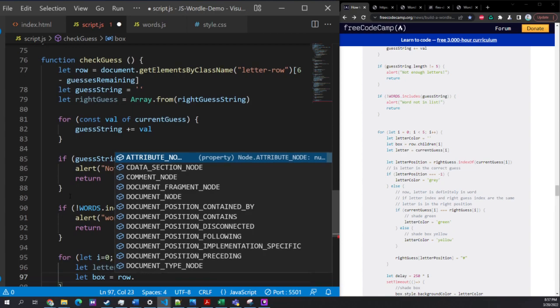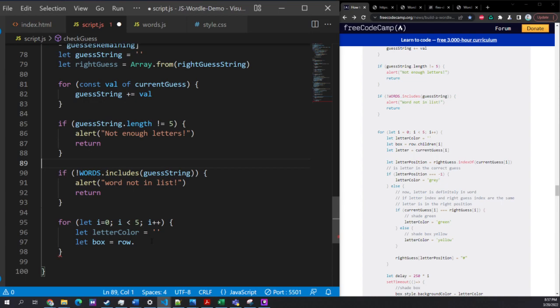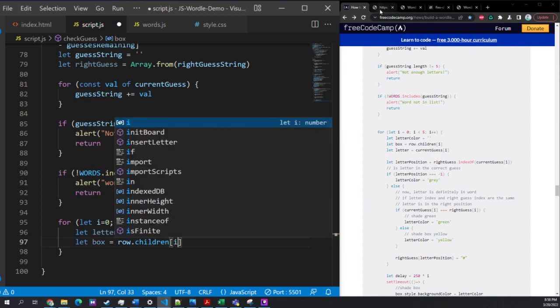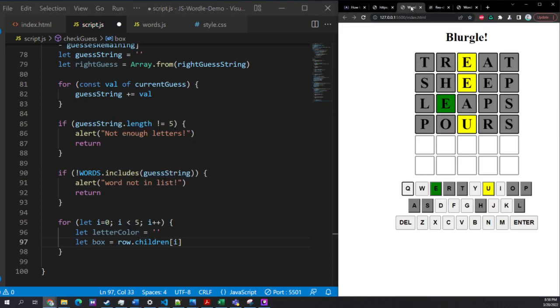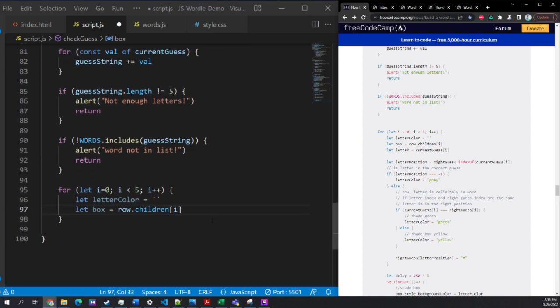So let's see, I think row, did we not say row? Or maybe, I guess row must be native. So, okay, row must be valid. Row children. So the child of our row is going to be one of the boxes. So in each of our rows, the children are each of these boxes. Just a reminder on that. Okay, so box is going to be equal to a child of a row,